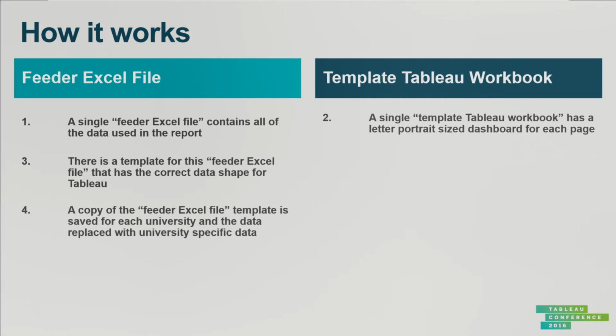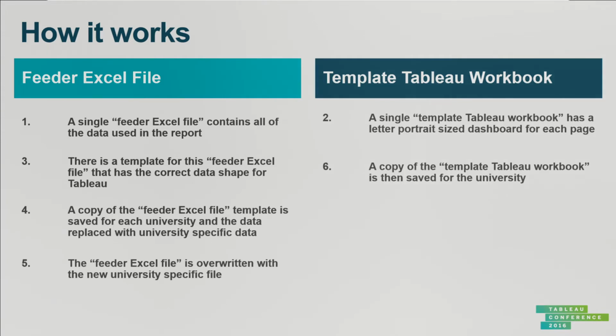And so you pull your data for this university. I put it in this Excel file. I have it format automatically, luckily, at this point. I save a copy of it, and then I overwrite that feeder Excel file that's feeding into my Tableau workbook. So when I open up my Tableau workbook, everything has updated to be my new university's data. All of my titles have updated, all of my legends have updated, all of the data has updated just by